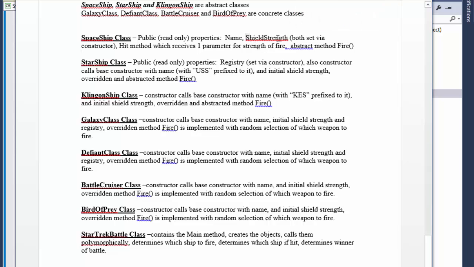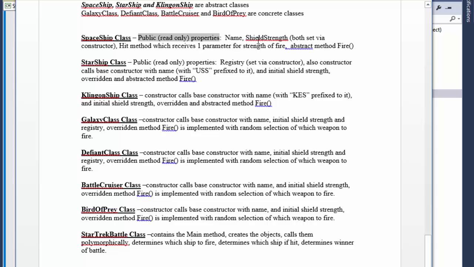But if it's only read-only, then you cannot set it to any other value. It's going to be set at the creation of the object when the constructor is instantiated, and that's that. It stays that way. If it's read-only, it's only get, no set. So this is wrong. It has to be